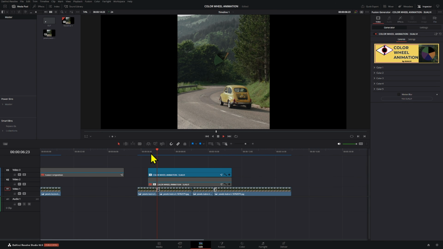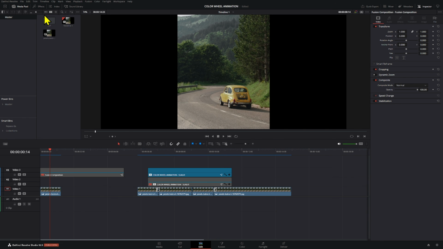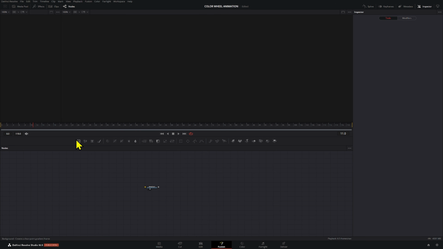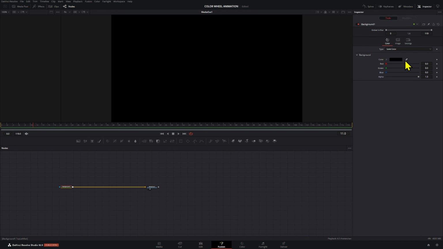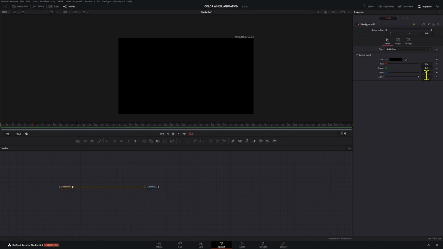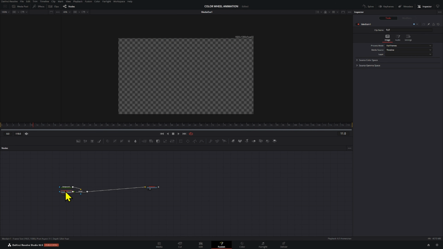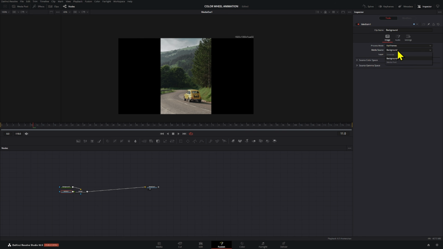Right, if you want to create these effects from scratch, what you're going to need is, first of all, a Fusion composition. So let me just drag these real quick right here, and we're going to go into this Fusion composition. If you want to be able to see what your footage below is while you're in Fusion, you can either create a background or just straight up a MediaIn node right here. On this MediaIn, we have to go to the media source and then choose background or timeline. Sometimes either or should work. That will show whatever is under it.